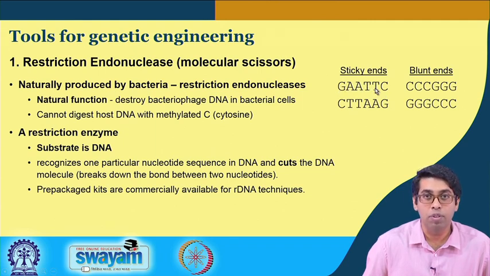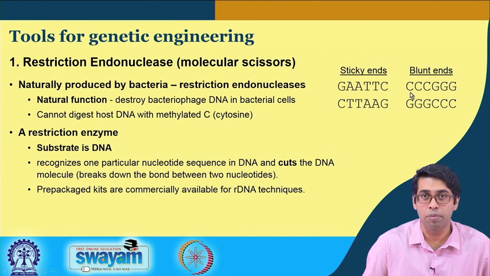Whenever we write sequences for double stranded DNA, you should always know that this end is the 5' end and this end is the 3' end. This is the complementary strand, which means that for C you have G, for T you have A, and so on. For the complementary strand, this is the 5' end and this is the 3' end. Now if you read the sequence GAATTC from this direction, and in the complementary strand from 5' to 3', it reads the same, GAATTC. So, it turns out that these endonucleases, in most cases, recognize sequences which are palindromic in nature.